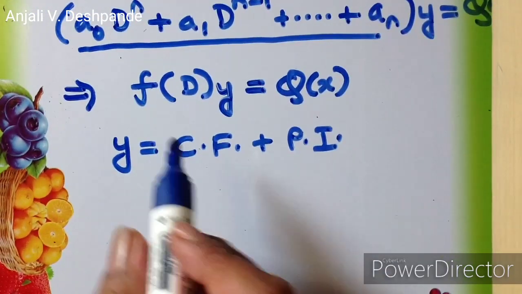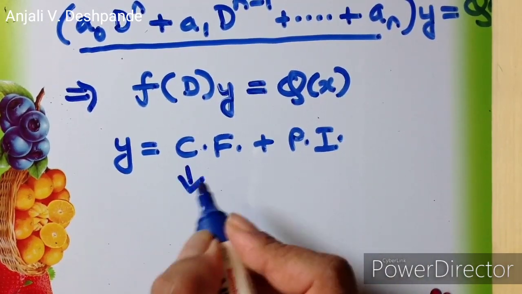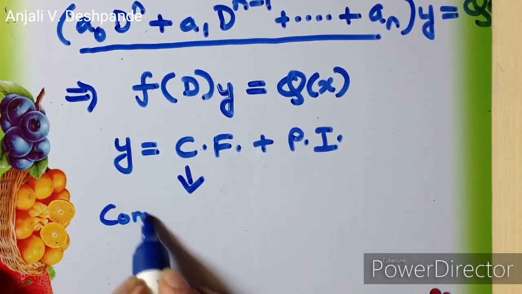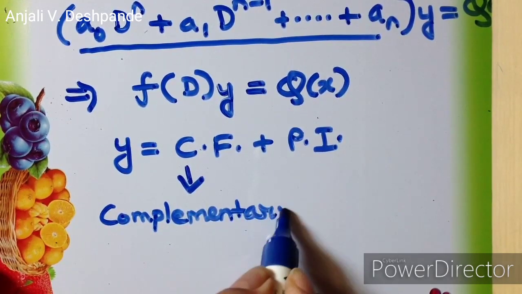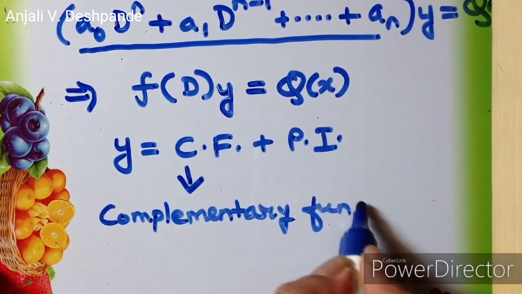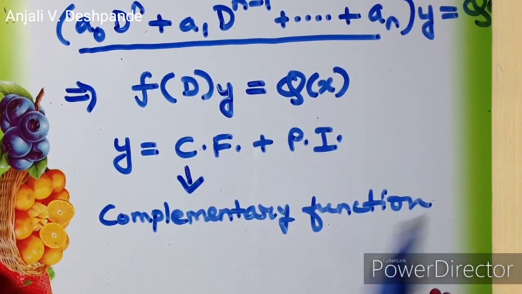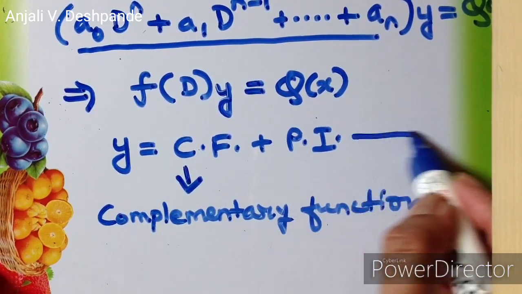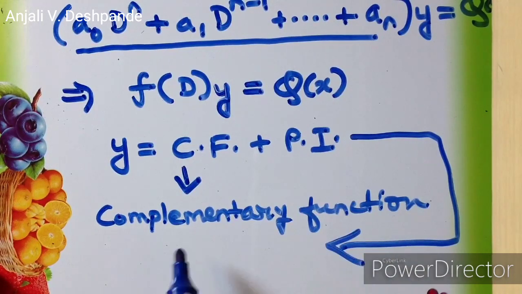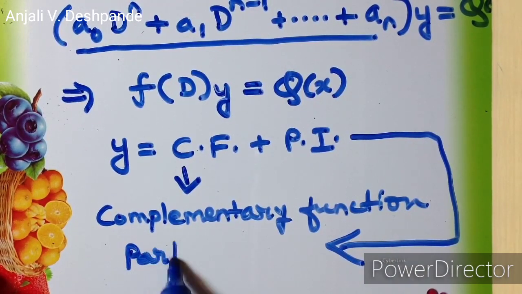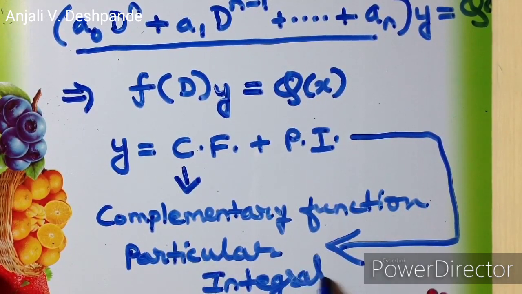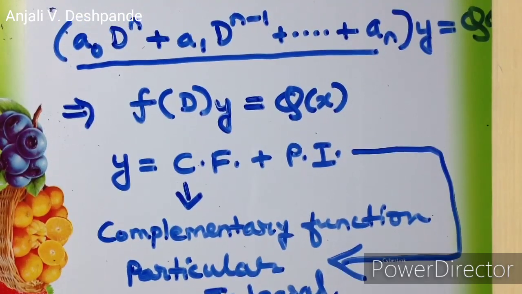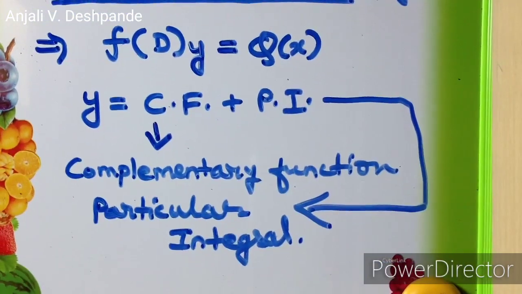So over here CF is nothing but complementary function and PI is nothing but particular integral. So the important question is now how to find the complementary function and how to find the particular integral